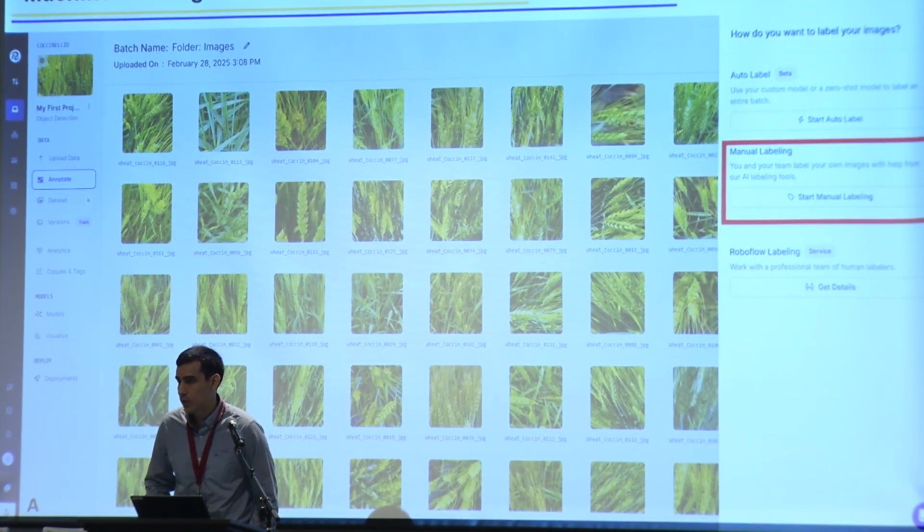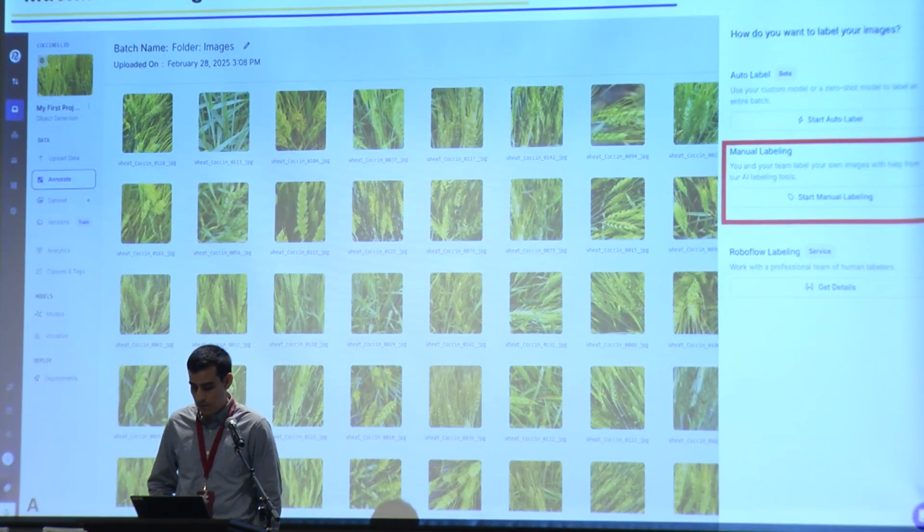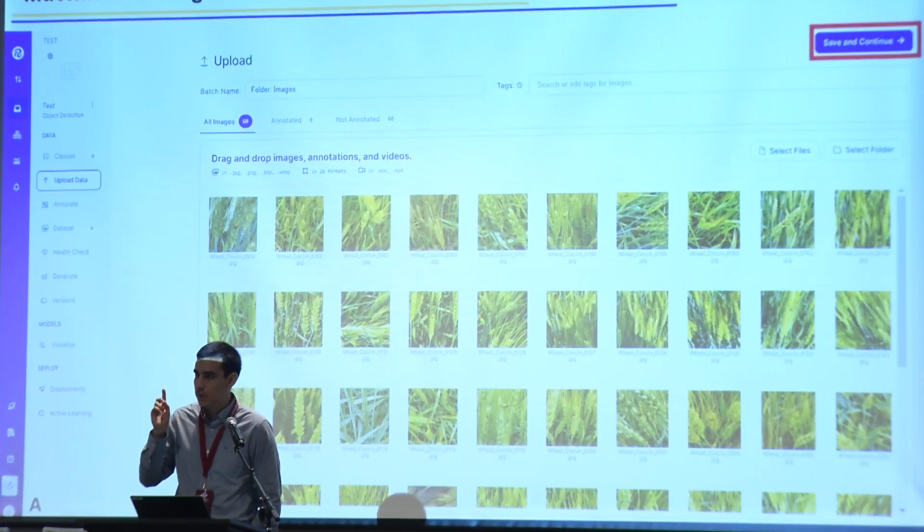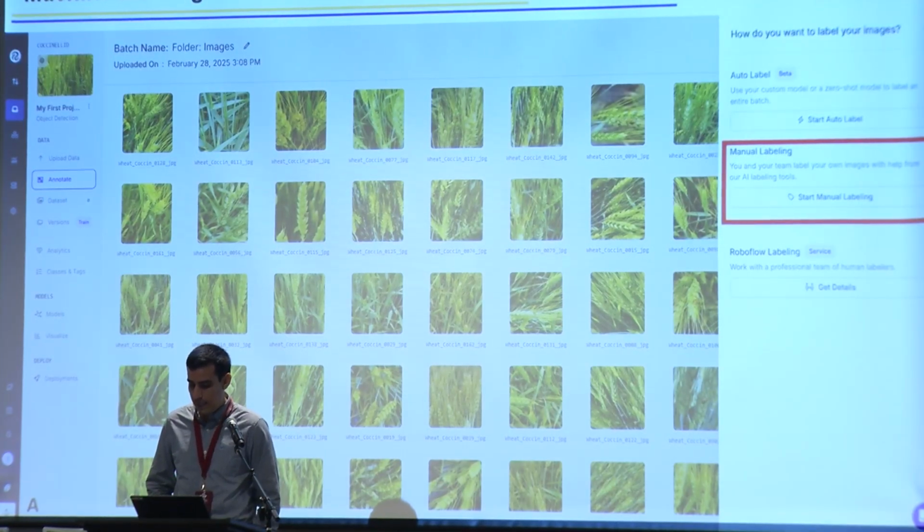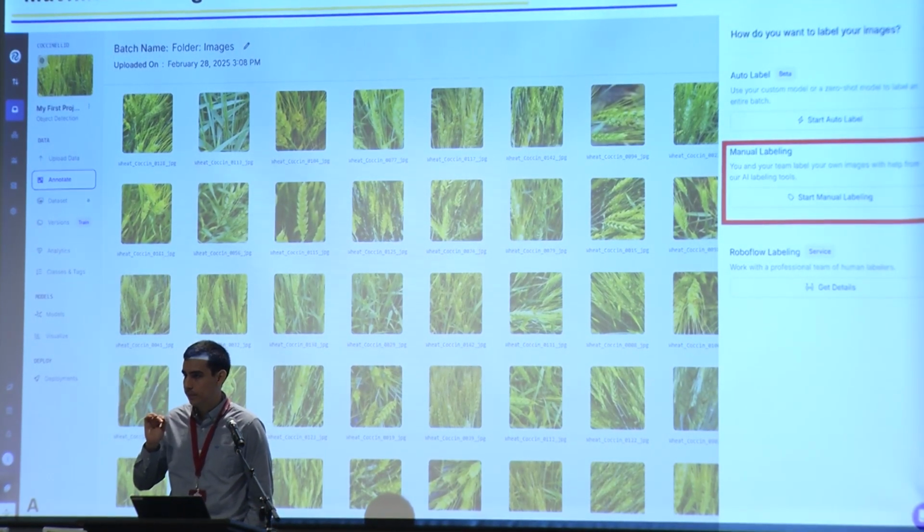You don't see that option? Yeah, you need to hit save and continue. Save and continue in the bottom part, and then it will display the 3 options of labeling. Then after you select manual labeling,